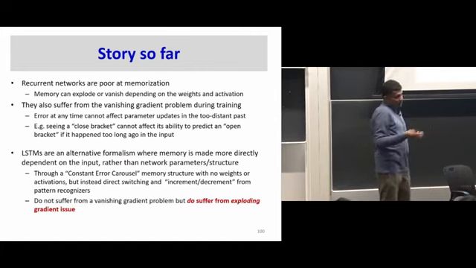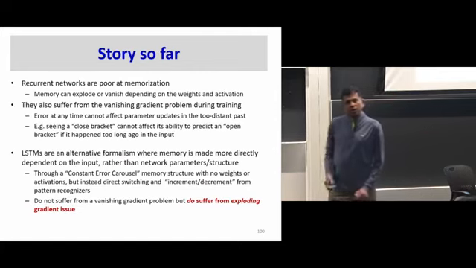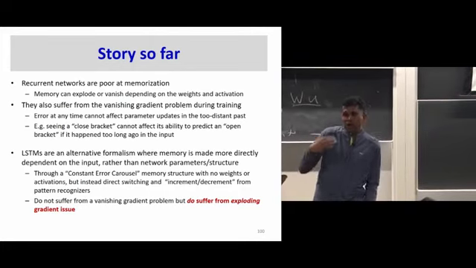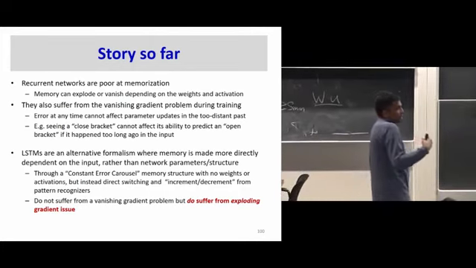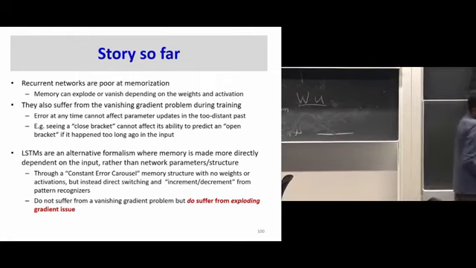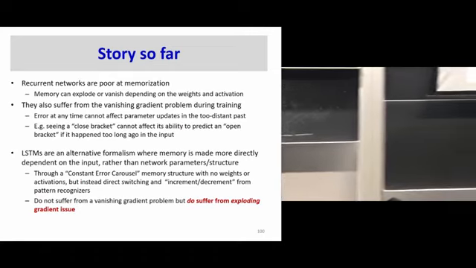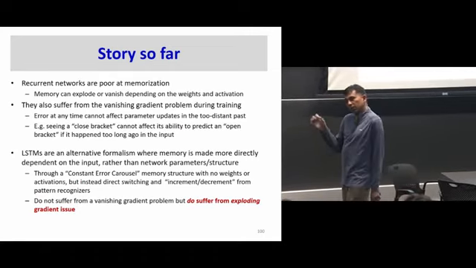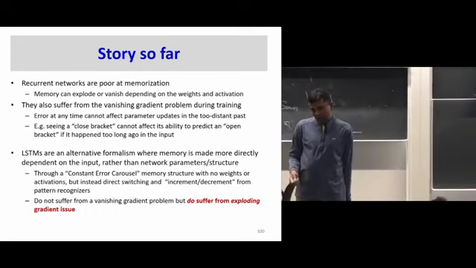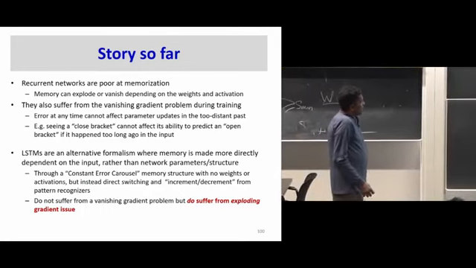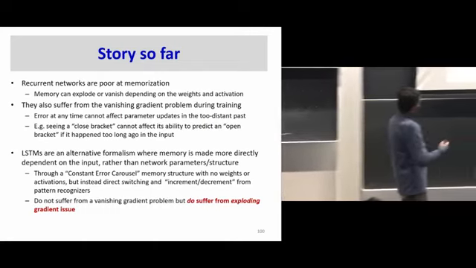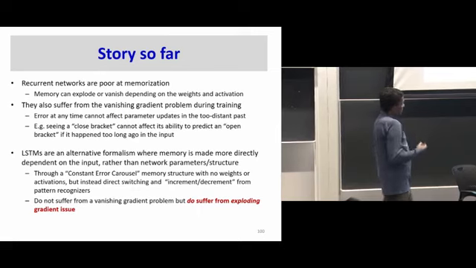So LSTMs and their brethren are an alternative formalism where the memory is made more directly dependent on the input rather than the network parameters and the network structure. So this is the key contribution of the LSTM architecture. The memory behavior is no longer dependent on the parameters of the memory structure, but on the input, right? So this is done through a constant error carousel with no weights or activations, but instead direct switching and increment